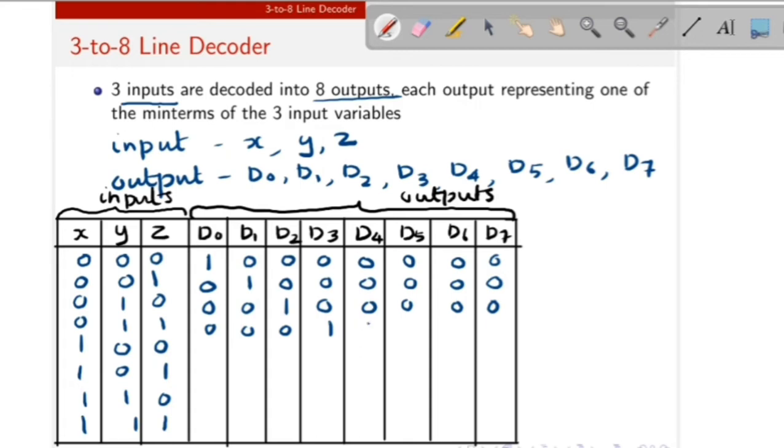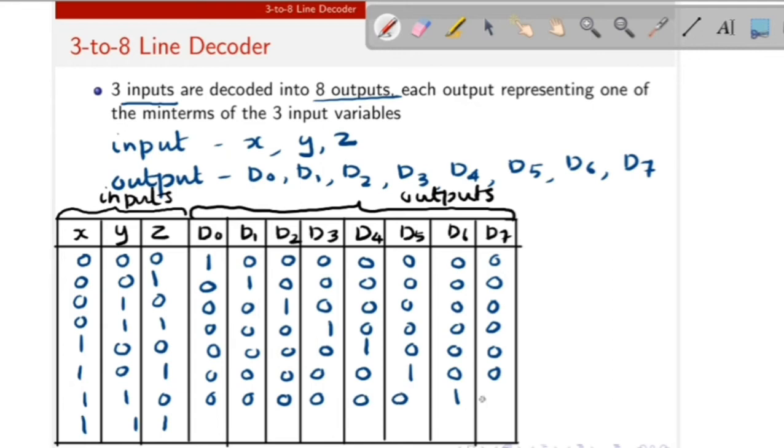Then 100, it selects D4. Then 101, D5 is equal to 1 and all others are 0. For 110, D6 is equal to 1 and all others are 0. Then for 111, D7 is equal to 1, all others are 0. So this is the truth table for the 3 to 8 line decoder.